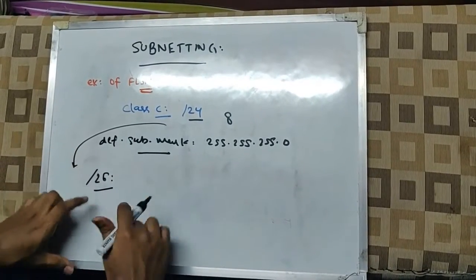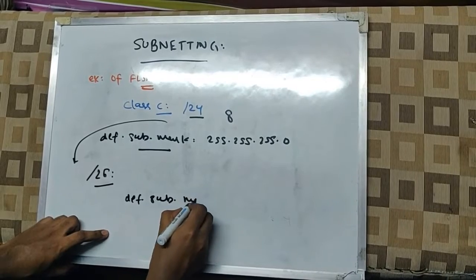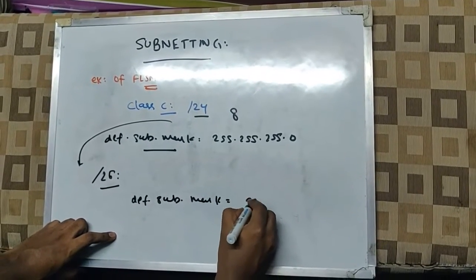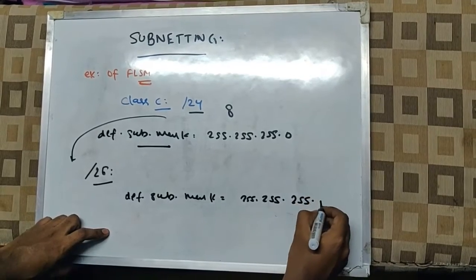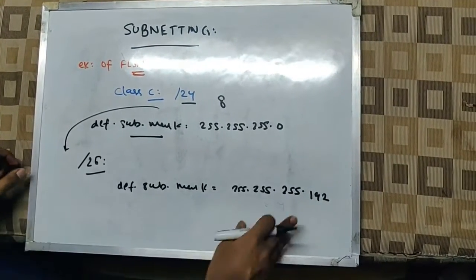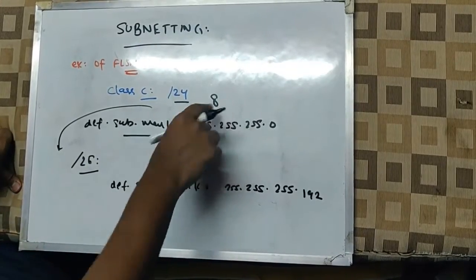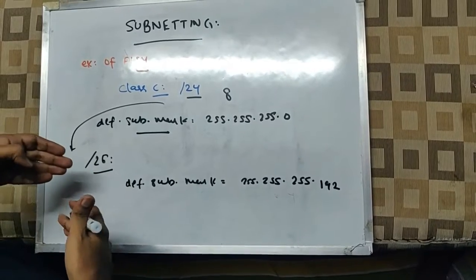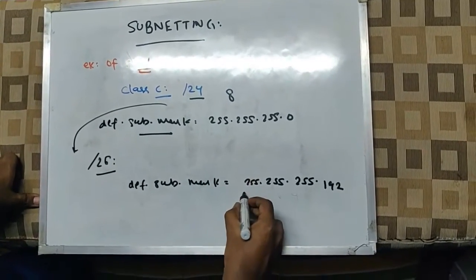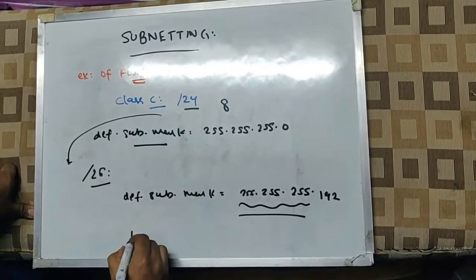So the default subnet mask will now become 255.255.255.192. Why 192? Because we are borrowing 2 bits from the host to be included in the network part, right? So till here the address is going to be the same, the network part. So let's suppose if I take